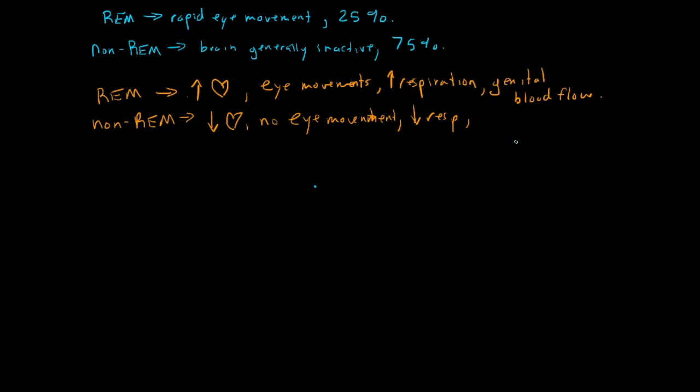During a normal night, you slide through stages of non-REM and then back into REM sleep and then back through the non-REM stages again, repeating this cycle basically every 90 minutes. These cycles are examples of ultradian rhythms, which have faster periods than circadian rhythms. So I'll write that down here. Ultradian rhythms, faster than circadian, 90 minutes.